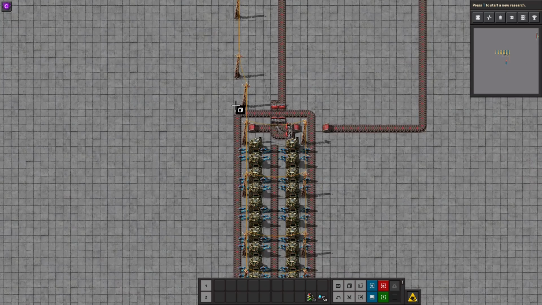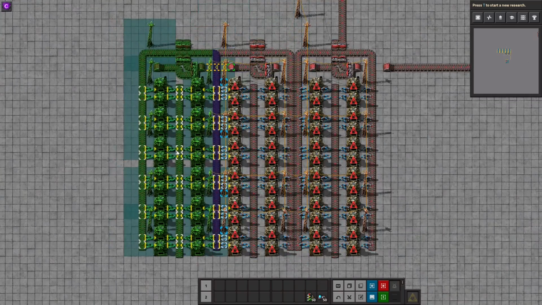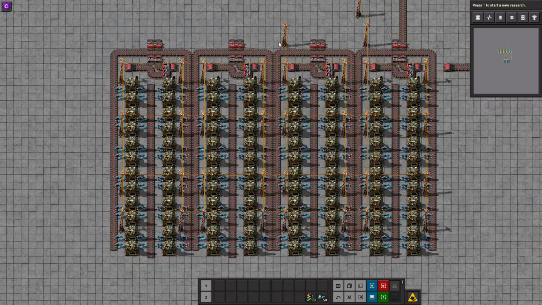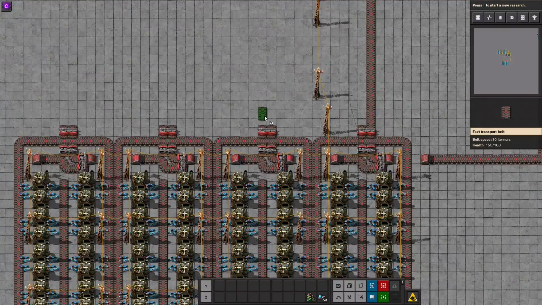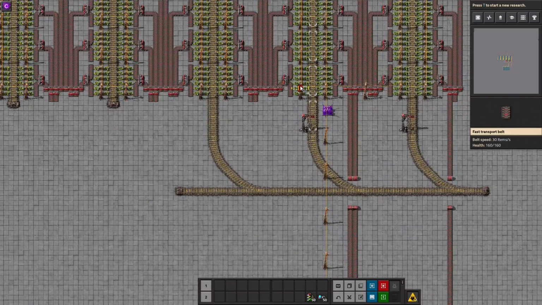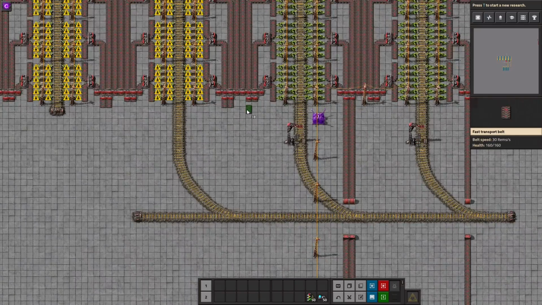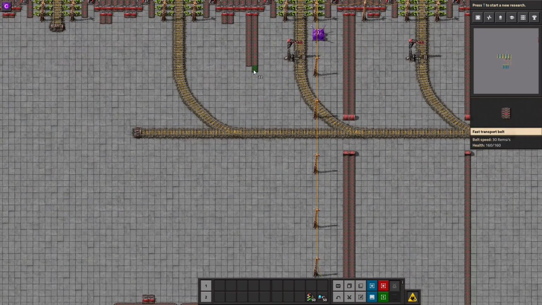And then we can go ahead and copy this one over to have, for example, 4 stations or 4 belts of iron. I think we would need some more smelters in these lines, but don't really care too much. Actually, what I would do is, of course, add in another